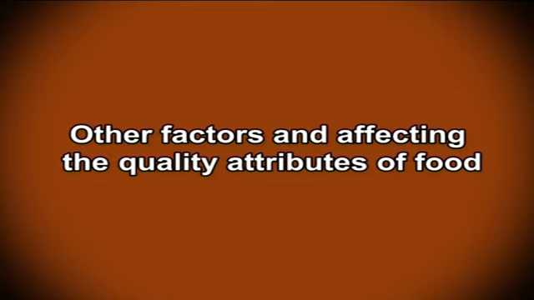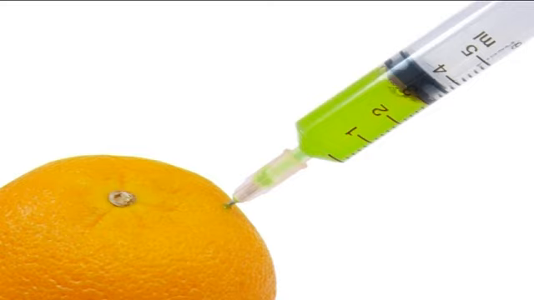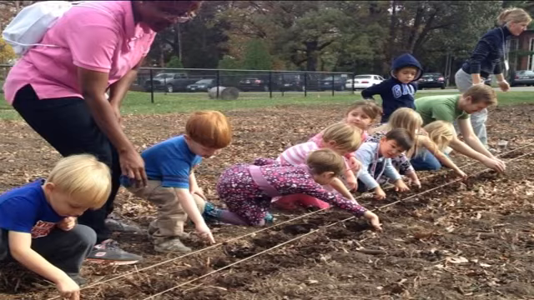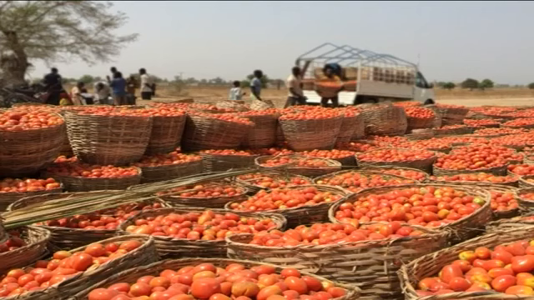Other factors affecting the quality attributes of food. The initial quality of any food item is governed by certain factors. These are genetics or origin of the food, pre-harvest environment, harvesting practices and post-harvest handling. Specific recommended cultivars for one area of the country or even within the state may not apply to another area. Although high visual quality is desirable for most processing methods, the composition of the fruit in relation to flavor, texture, color and nutritional value is of paramount importance.